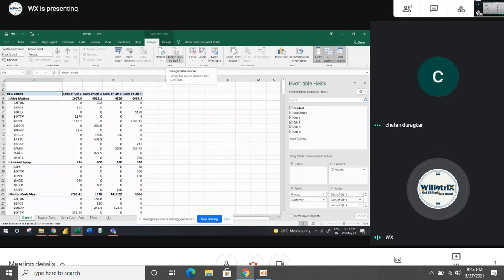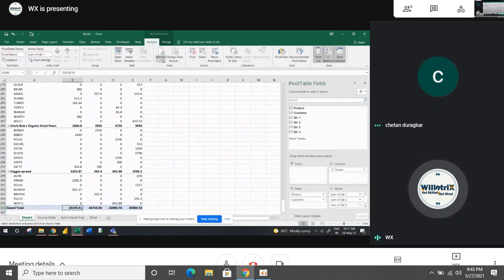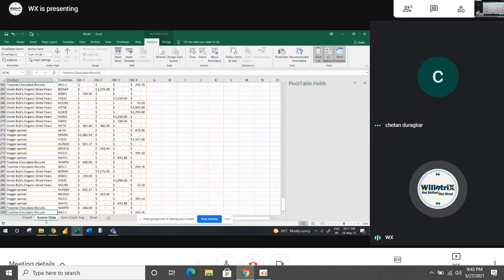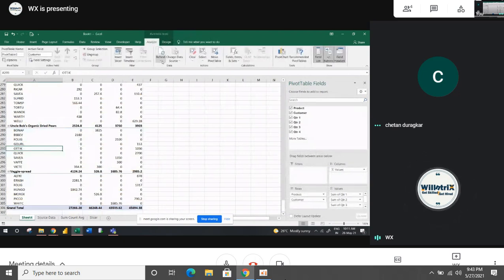If the source data is formatted as a table, what you can do is Refresh All. See, when you click Refresh All, the total will get changed. Just observe the total here. I will just click Refresh All here. Automatically, the total will get changed. Two ways we can update the pivot table. One way is to change the data source and select the data range, or else we can convert the source data to a format as table. Once you convert the format as table, you can just go to Analyze and Refresh All or Refresh. That's how we can update the pivot table. Understood?